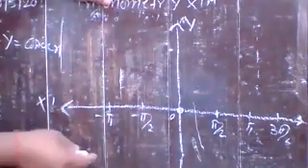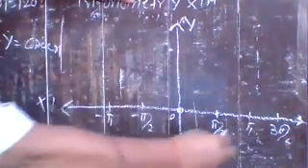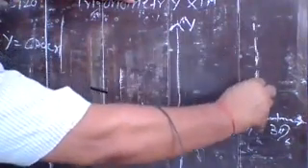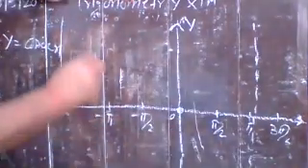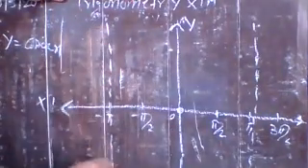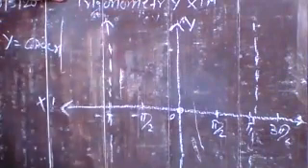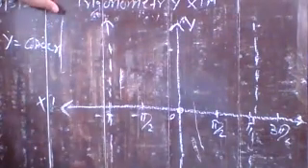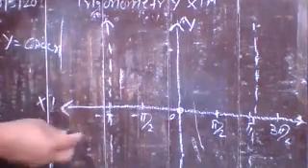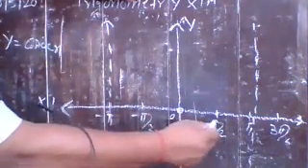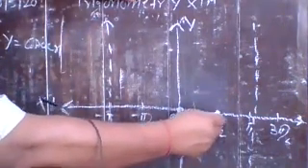Okay. Now, at 0 degree, it is not defined. At pi, it is not defined. So you draw a dotted line. At minus pi, it is also not defined. So here you take a dotted line. Now check the behavior. And also, just see, at pi by 2, the value of cosec is 1.